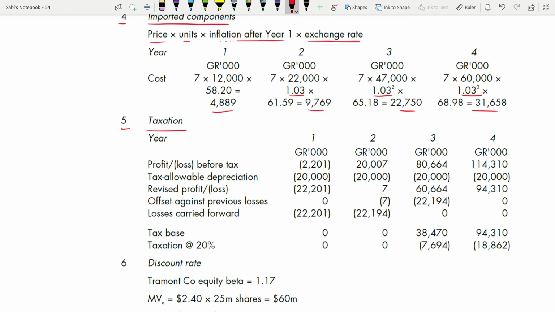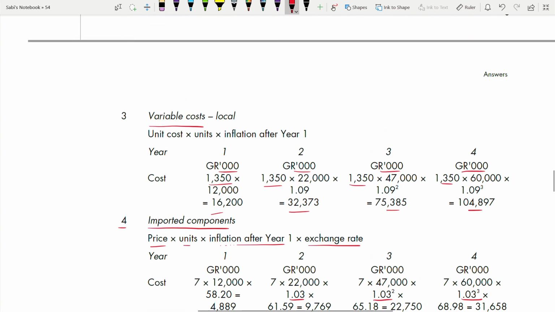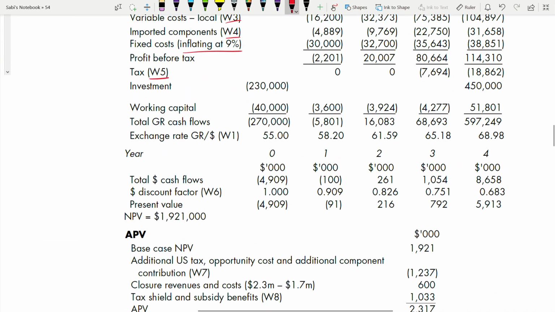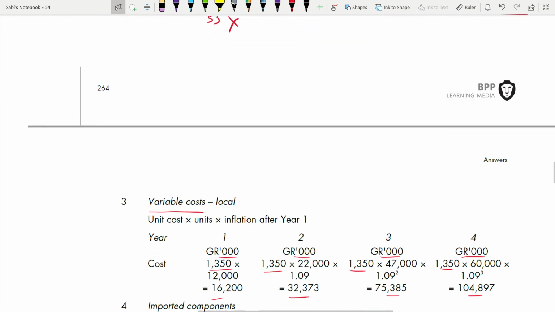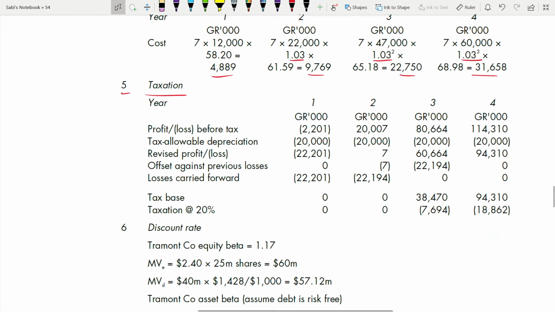Now, profit before tax. Of course, you have to take profit before tax. You can just take it from the table as it is. If you see, in the first year it is a loss, and then the rest are all profits. The reason we are doing a separate working for the taxes is that we cannot do all these workings in the main table. This tax has a lot of working because we have been told that losses can be carried forward and set off against the profit in future years. That's why this table is needed for taxation separately.